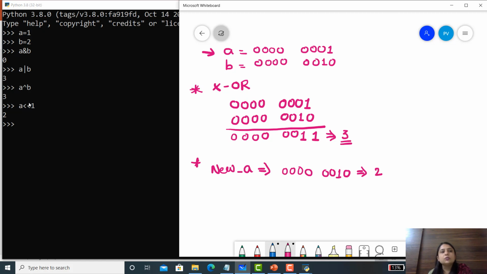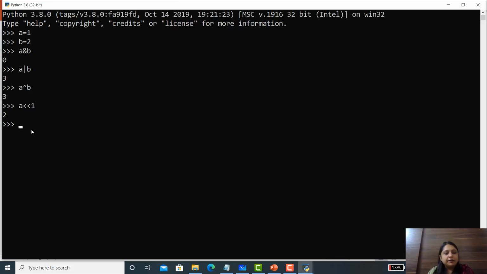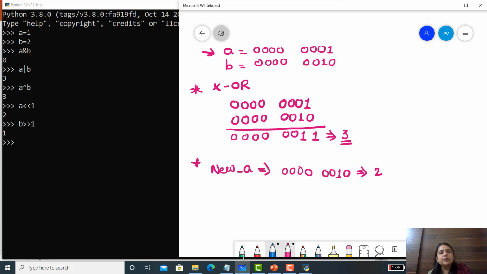Alright. Now if I write B, right shift, and then 1, the answer is 1. Let's see the explanation. We know that B equals 2, which is 0 0 0 0 0 0 1 0.